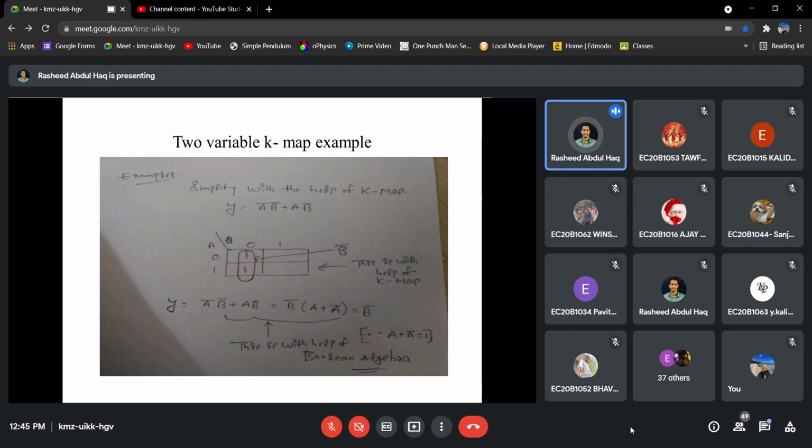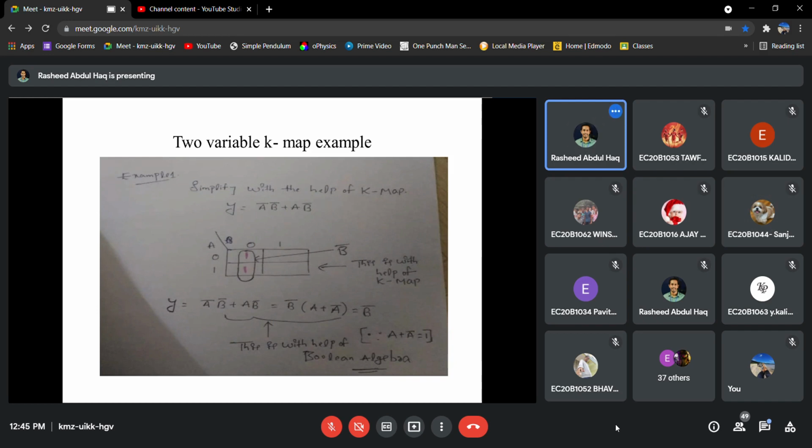From this, A B is 0 0, 0 1, 1 0, 1 1 and the answer is 1 0 1 1. So you can understand that it is not related to A, but it is just the inverse of B. That is, Y is equal to B bar, right? You can directly get the answer from the truth table without using a K-map. Now, how can you use a K-map to get the same answer?